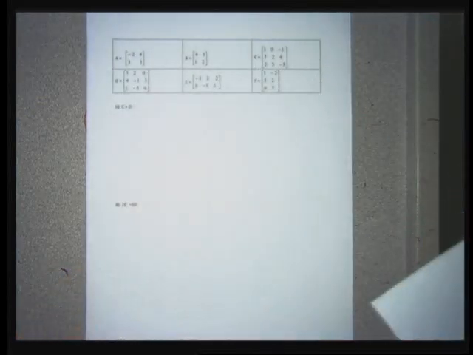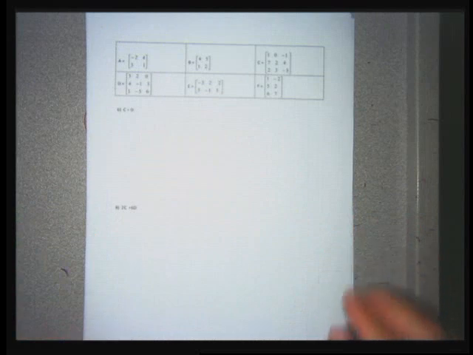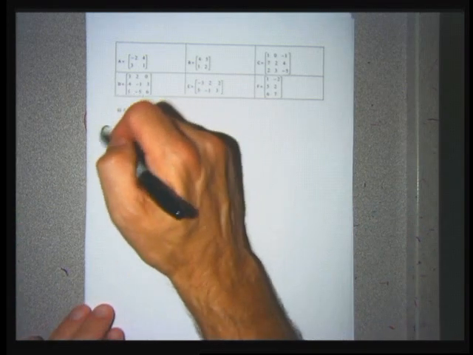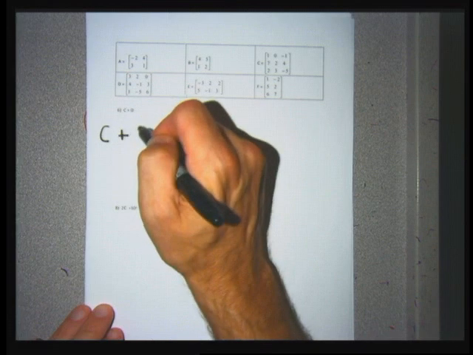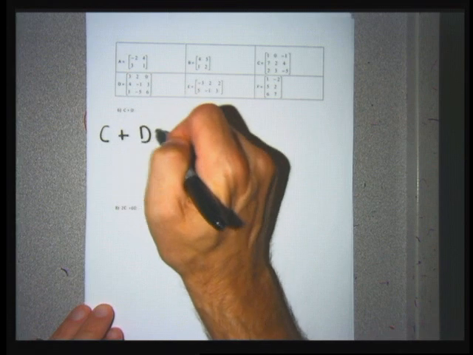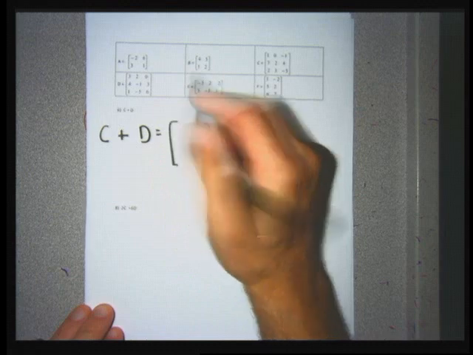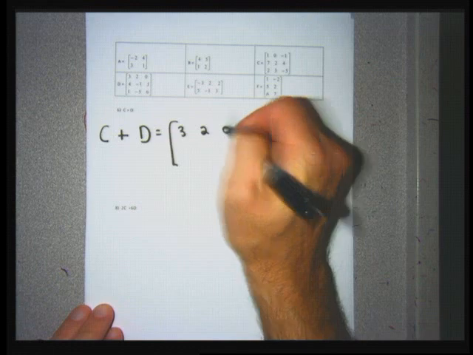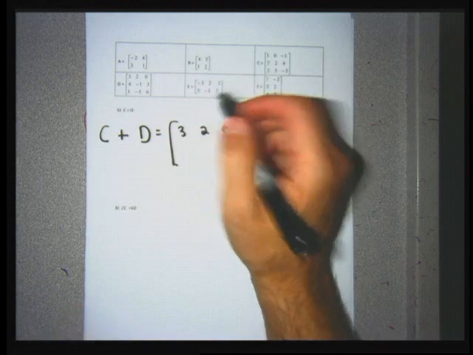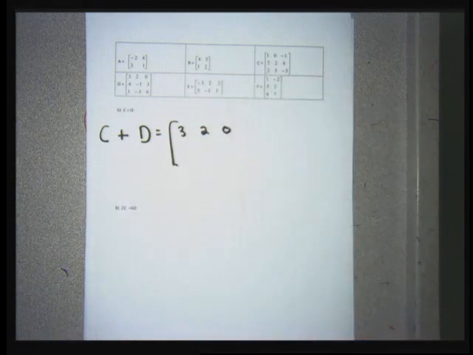The next operations we're doing are adding and subtracting, and they're in a combination of adding and scalar multiplication, or subtracting and scalar multiplication. Problem 6 wants me to take matrix C and add matrix D. Matrix addition is also reasonably easy. It's intuitively defined, I think. So I'm going to pull up a new sheet of paper because I started writing the matrix wrong. To do matrix C